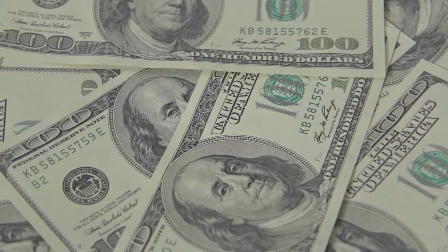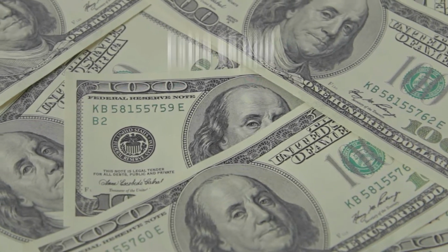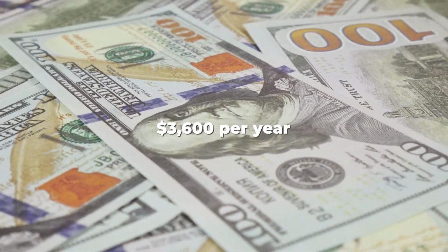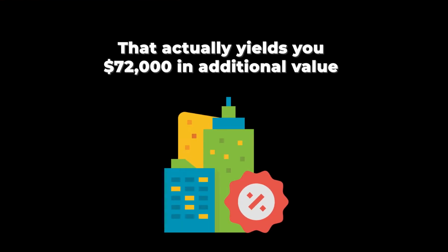Let's say you can spend that extra $5,000, and in return, let's say you can command an additional $300 per month on the rental side, per unit. So what would the math stack up to? Well, if you get an extra $300 per month on a rental unit, you annualize that, that's $3,600 per year. You gotta remember you have to capitalize that value, right? So that extra $3,600 per year, when you capitalize it on, say, an average of a 5 cap, let's say you're playing in a 5 cap market, that actually yields you